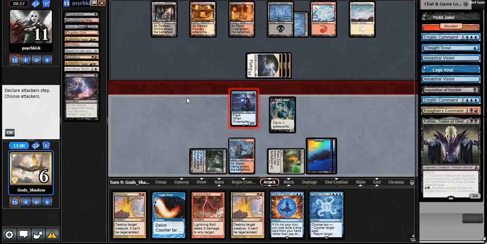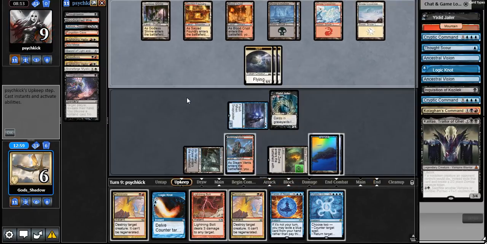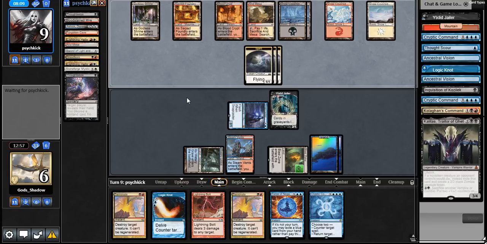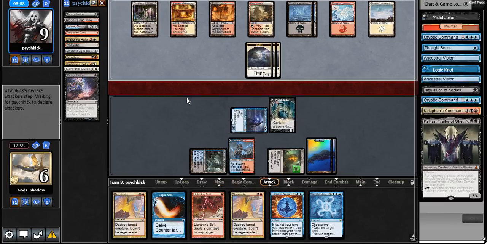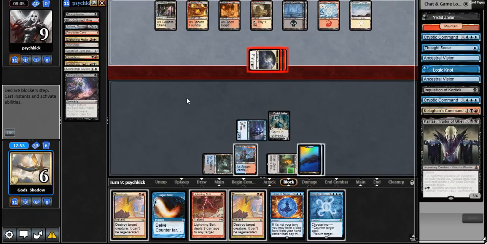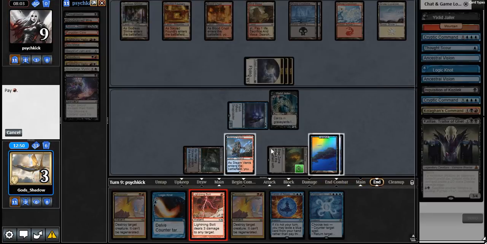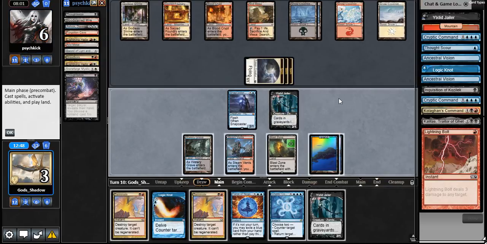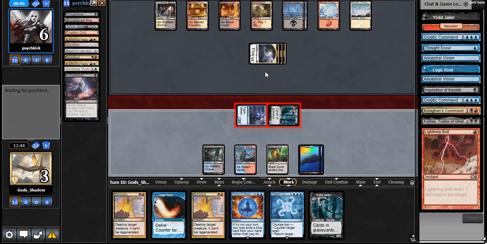Attacking him for 2. He goes down to 9. We have a bolt left in our reservoir, plus a couple of counterspells. So if he's attacking with 3 here, and we're bolting him end of turn, then we should be good. Because our Cryptic Command,